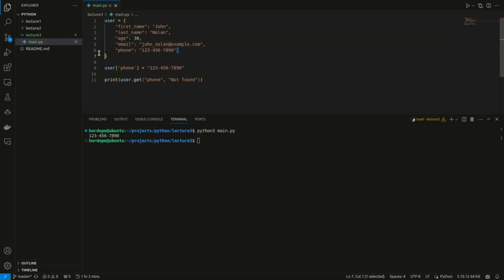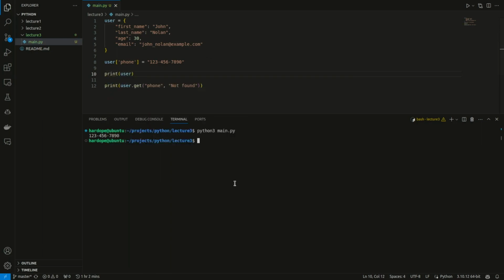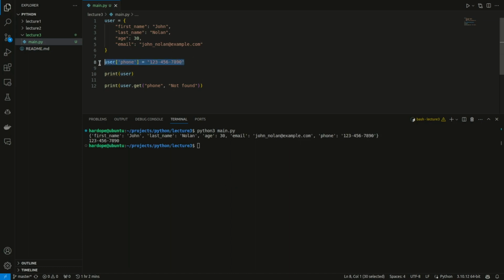But let me remove this just for now. Let me just print the entire dictionary right here, print user. Now here you'd see that we got the phone value added to our dictionary using this syntax. So that works fine. Let me go ahead and remove this now. But also we can remove an entire key and value using the delete keyword. Let me go ahead and run delete